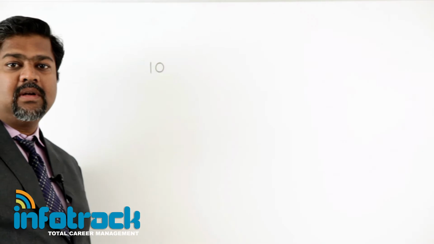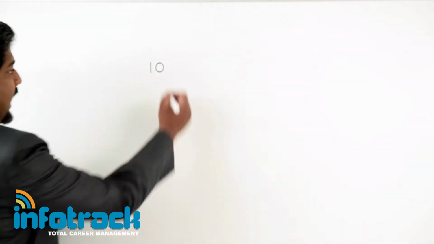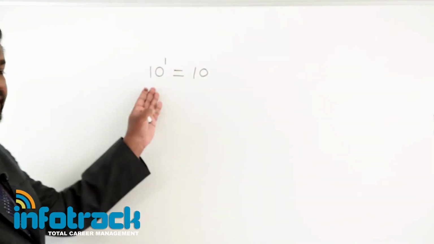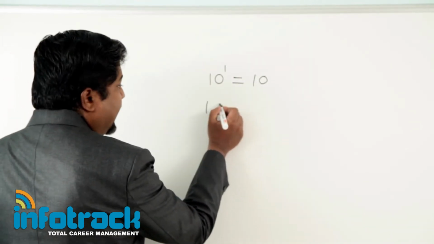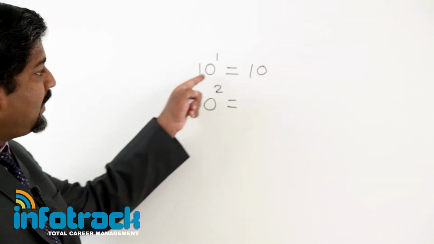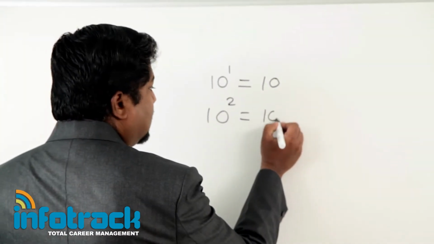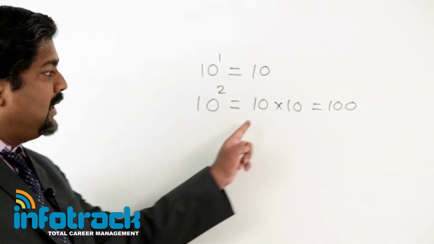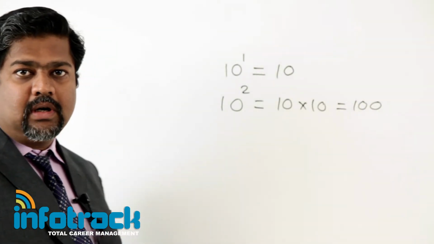Say I have written some number here, that is 10. Now 10 I can write as 10 to the power of 1 also. So I am writing here 10 raised to 1, that is equal to 10. I can write this way 10 to the power of 2. Now what is 10 to the power of 1? That is 1 time 10. What is 10 to the power of 2? That is 10 into 10, that means it is 100. So I have to multiply 2 times by 10. So here 10 into 10 is equal to 100.